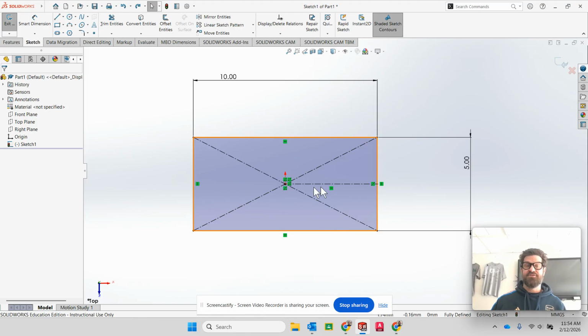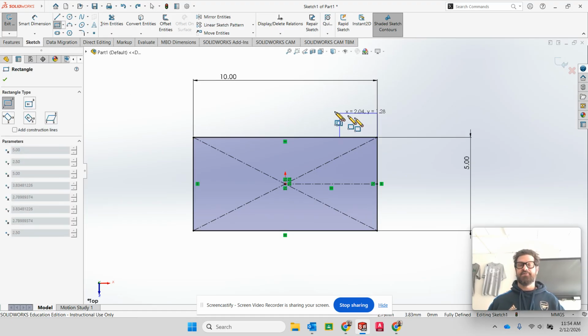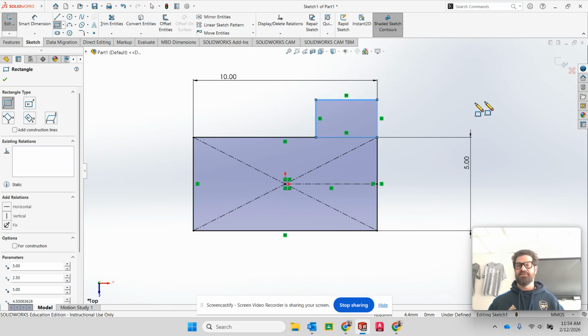All right, so I got a little bit of a setup here. I got a 10 by 5 rectangle, and I drew a construction line that went from the center point over directly to the edge, and it's a horizontal line, right? So let's just say I have a little box that goes like this. I'm not going to bother to dimension it; it just doesn't matter, okay? But say I wanted the exact same one down here. Okay, so in some ways,